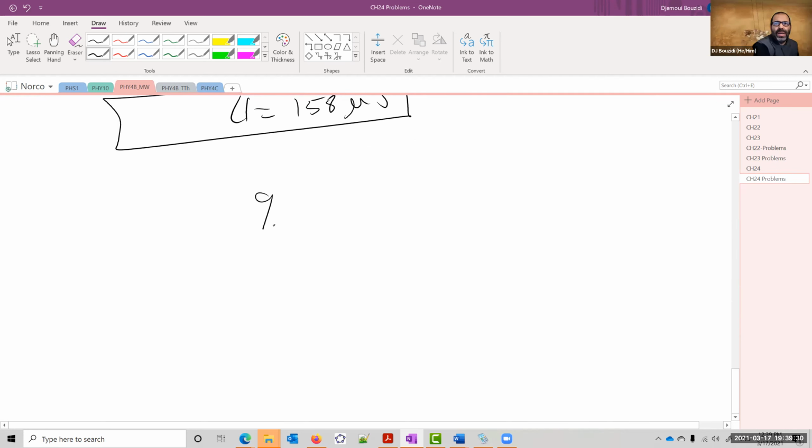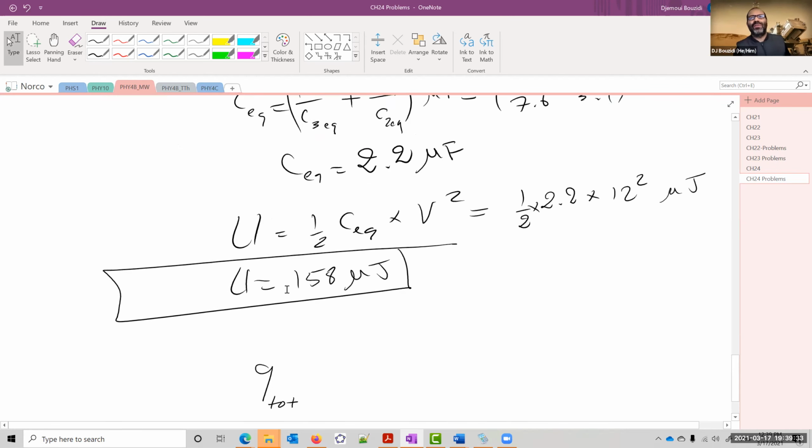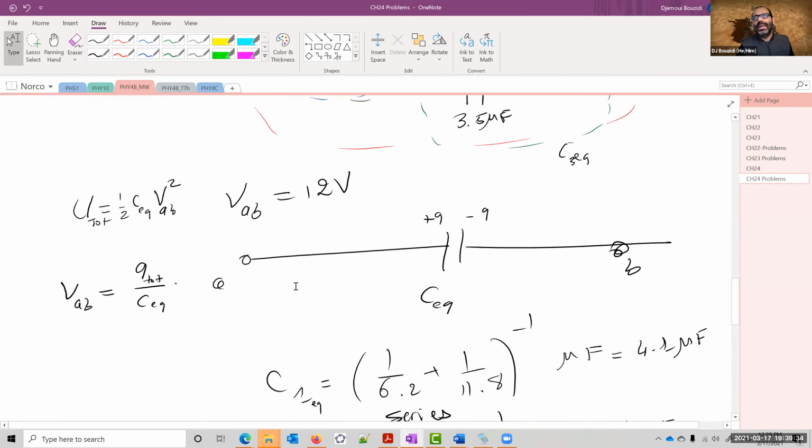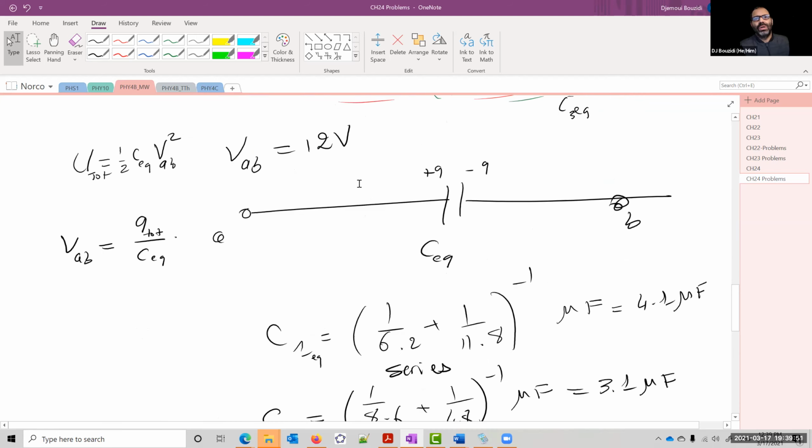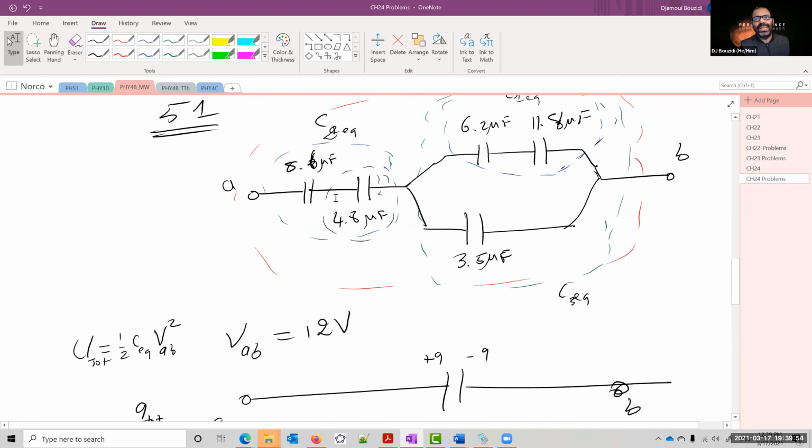The reason I'm calling it Q total is that at some point it splits. When it finds a junction like this one, it's going to split into two parts. Part of it is going to go up and part of it is going to go down, and it recombines back to its own value. So in here, it's the same value for these two capacitors. The 8.6 and the 4.8 will have the same value. That's what I'm interested in because I want it across the 4.8 microfarad. Had the question been to find the energy stored in the 6.2, or the 11.8, or the 3.5, I really would need to dig further to find what that charge is. So it's a good thing they didn't ask us that.